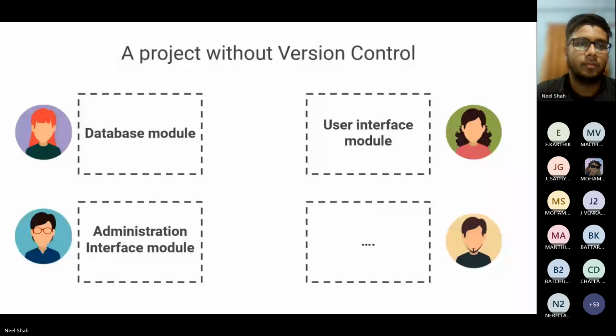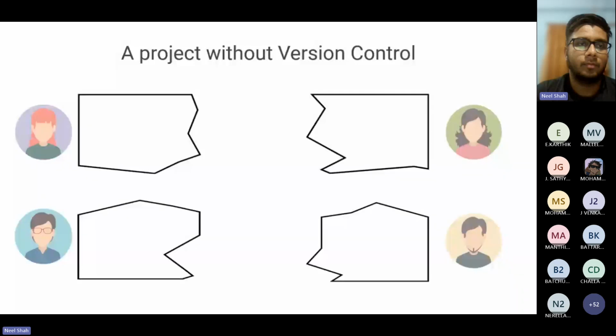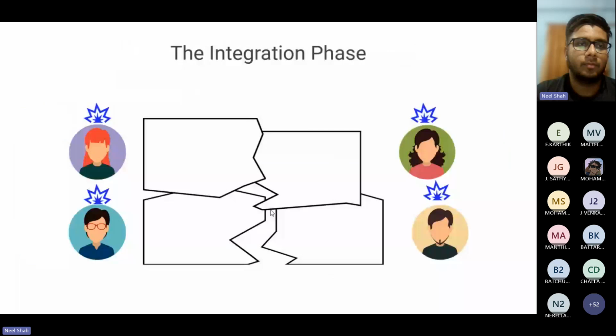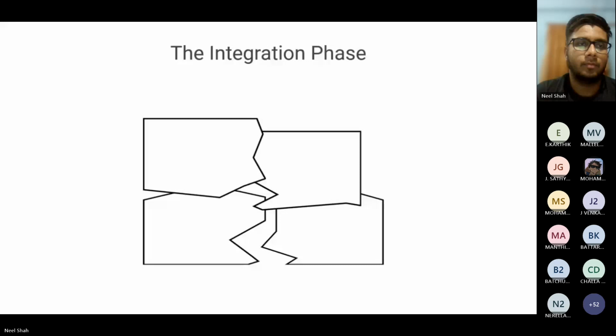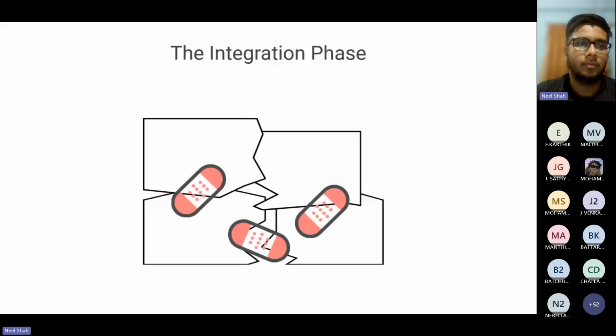Where will we merge? If we go for merging anywhere, it will give conflicts, because we don't know where to merge and how to merge. We know we need to bundle this, but how to merge we don't know, and this will give a lot of conflicts, and that will make a hell of a situation, because the bugs will keep going on. Even if we try to apply tape on that, it won't work.